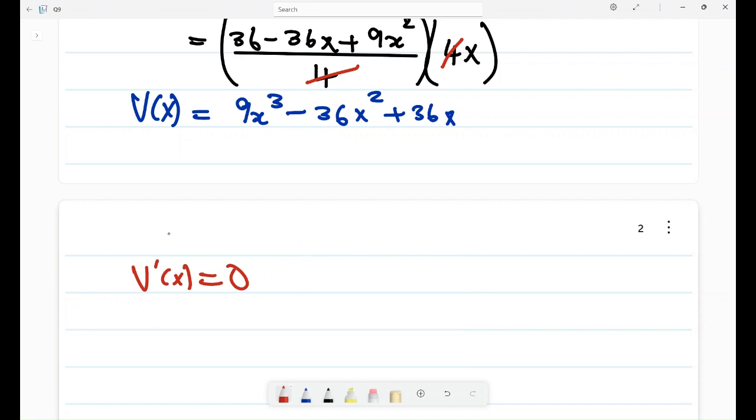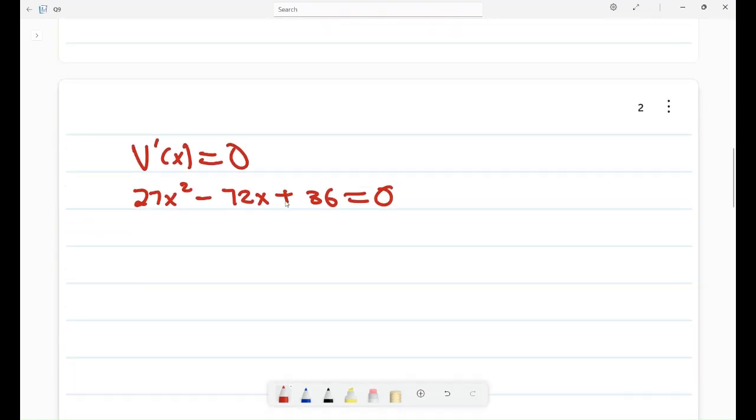So then what is the derivative of this? It is 27x squared minus 72x plus 36. It is equal to 0. Then it's a method of simplifying. Now you can divide. When you divide by 3,